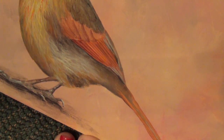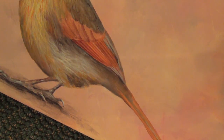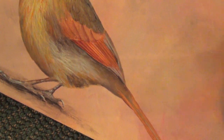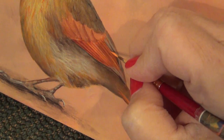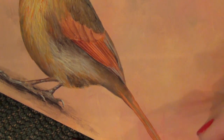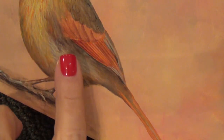Let's take some of that coral shell plus, forgot, orange flame. In there and in here in the back. Now put some of that color in there. Now these ones in the back,